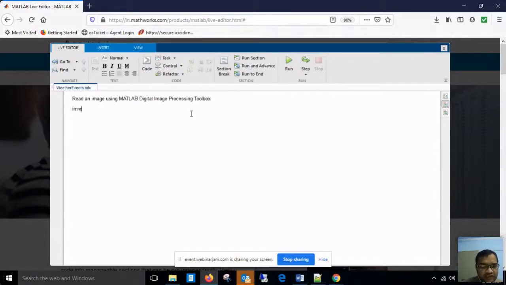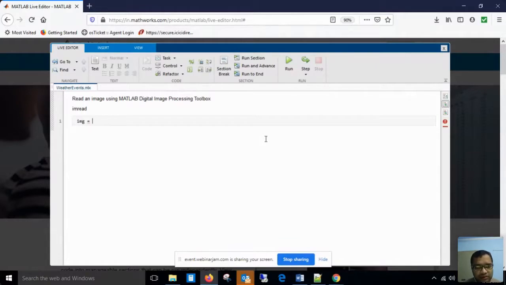So the function is imread, imread stands for image read. Whenever you have to read an image and you have to get the inner content of the image in a JPG file, then you have to use the imread function. Now the question is how to use that. Now I write code. So let us say img, this is my variable.